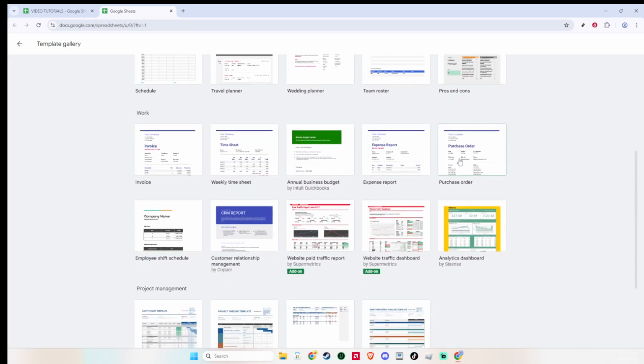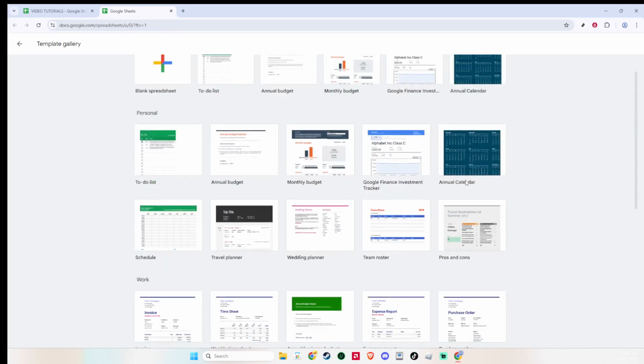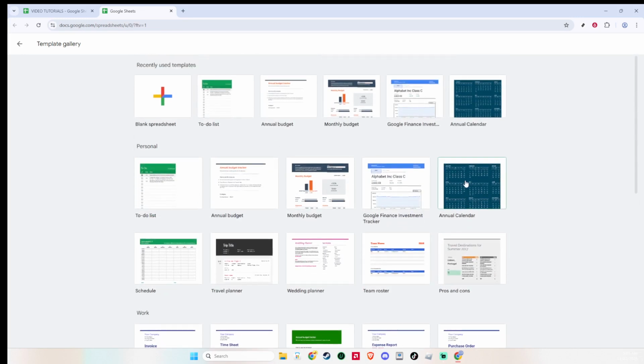You can scroll through categories like personal, work, and project management, or, if you already know what you're looking for, use the search bar to find it quickly. Try typing something like budget or invoice to narrow your results. This is a great way to discover layouts that already include formulas, headers, and formatting, so you don't have to